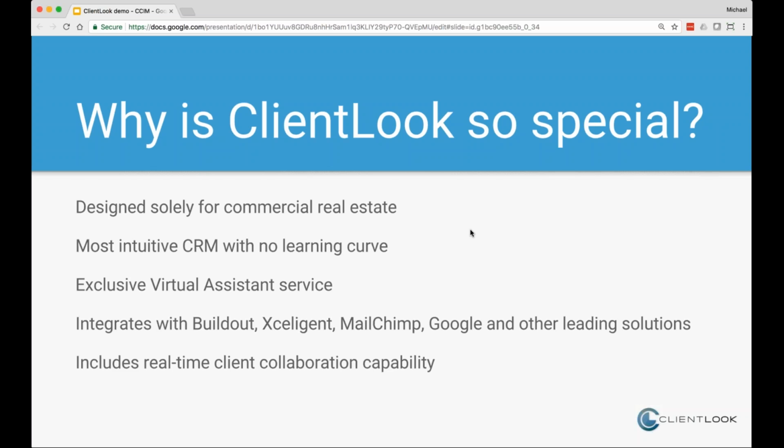So I'm a listing broker and I need to communicate with my clients as to the activity that I'm generating around their property. Traditionally I'm sending over a spreadsheet of what I do, but ClientLook is built to not only make it really easy for you to contribute everything you do, but also to communicate that data in real time to your clients. Your clients enjoy access to a free